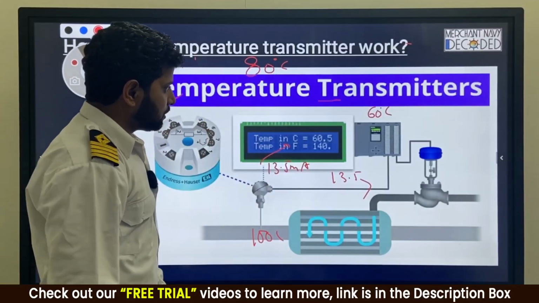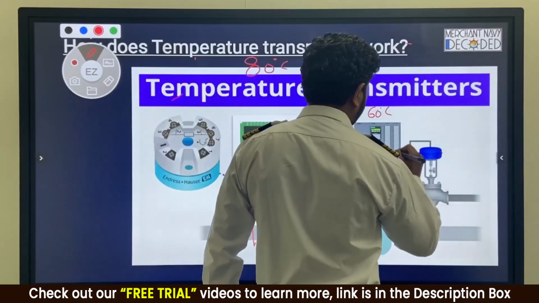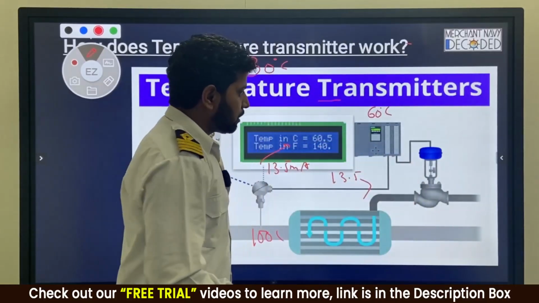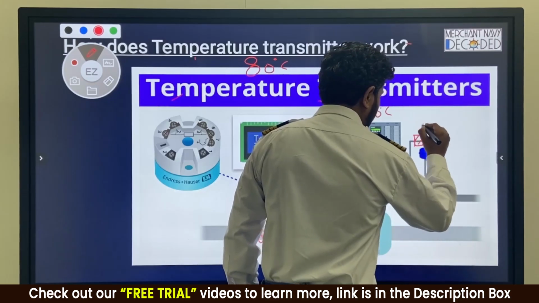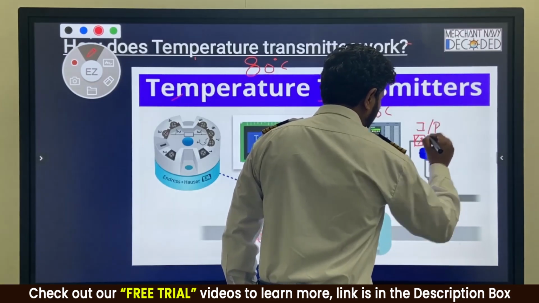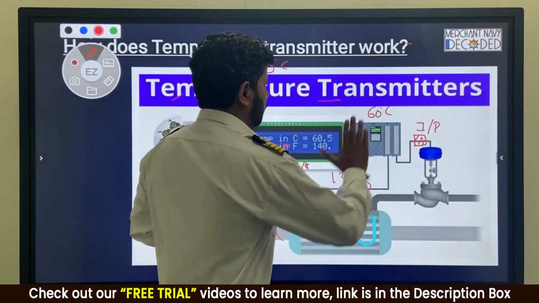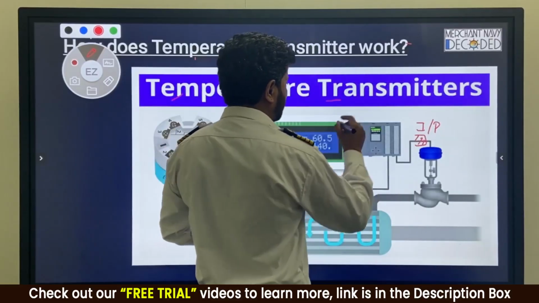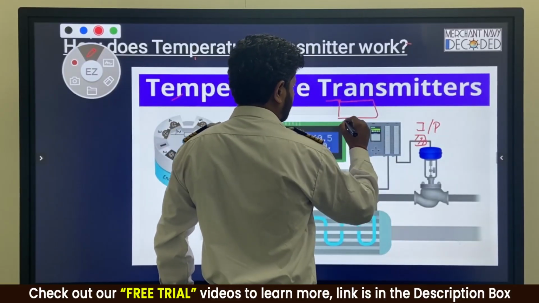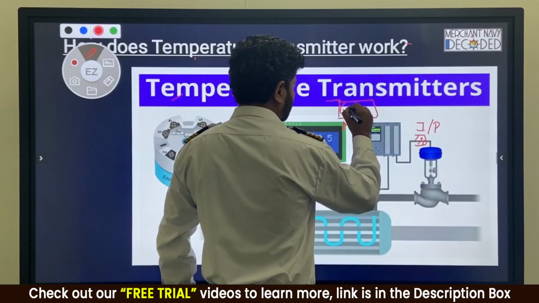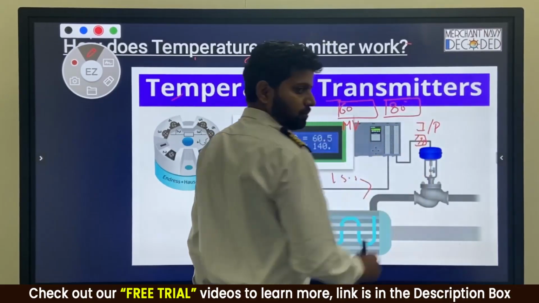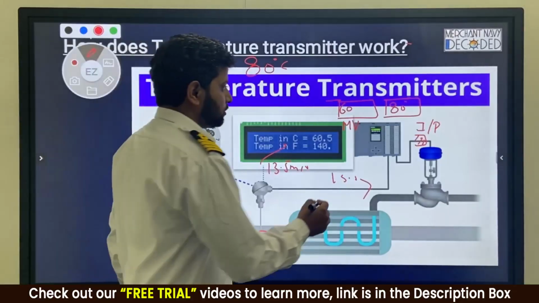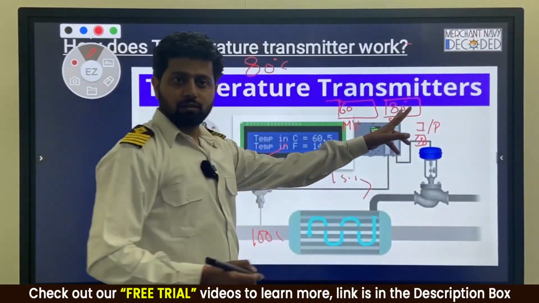What I will do is, I will give a current signal over here accordingly, and I will put an IP converter over here. This is not missing. Say IP converter. So from here, now this controller has got a measured value. This is MV of 60 degrees, and there is a set value of 80 degrees. It has to reach this much. So set value. So it says, brother, there is an error.